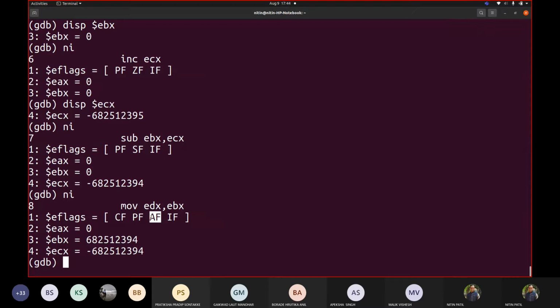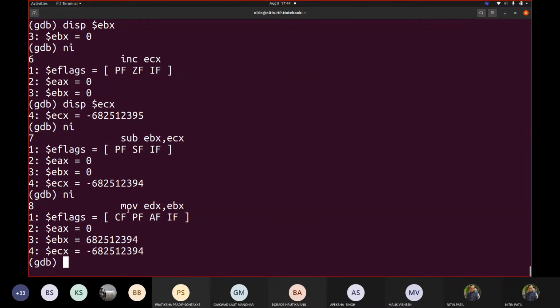Auxiliary carry is set after the 4th bit position from right to left. Okay, the 4th bit from right to left. There is a jump, like there is a 1 carry. That's why this auxiliary carry, and this carry flag is for the 8th bit. So each of the flag positions is defined, and these instructions are going to make use of that. So how this flag register is to be used.